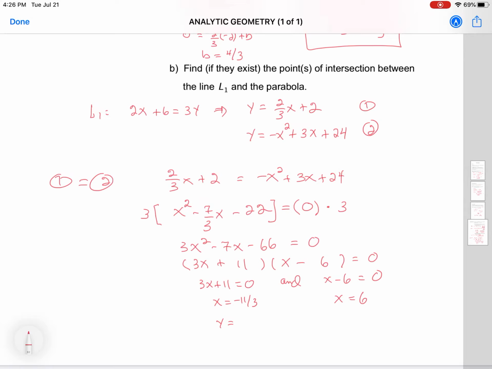In order for us to complete this problem, we need to replace these x's either into the line or into the parabola. So this is really an exercise that is going to be left to you. If you replace minus 11 over 3 into either equation, you will find minus 4 over 9. And if you replace 6, you will find y is equal to 6. So these are my 2 points of intersection for this problem. And this complete